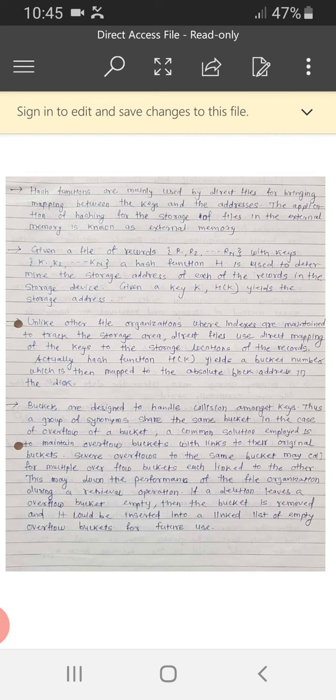We need to move through the sequence, and only then will we reach the required record which we are looking for. But in direct access, retrieval and storage are made efficient just by using a direct access method. Hashing is one of the methods, or else we can use any arithmetic function which will compute the address of the block in a storage area for the particular record.